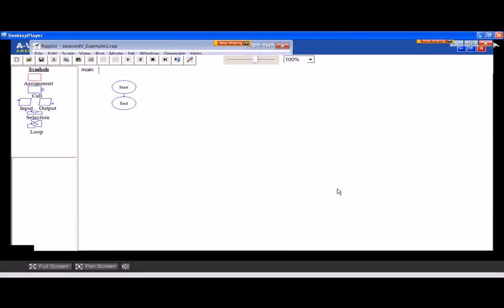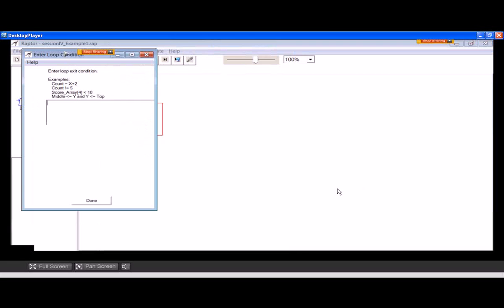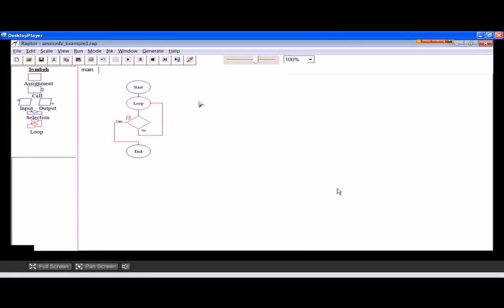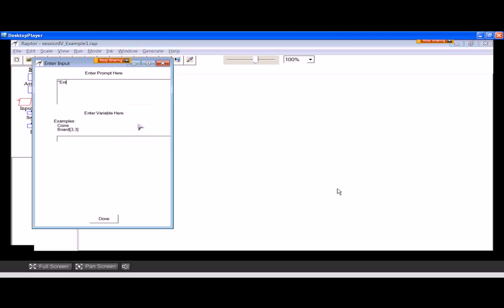Okay, so let me take a fresh window. I need to take input from the user until the age is 0, right? So I need to have a loop here, and the loop has to stop when the condition is met. Before I put the condition, first I need to take input, then only I'll be able to check it against 0, right? So I'll add an input statement here. So here I'll say enter age of the employee